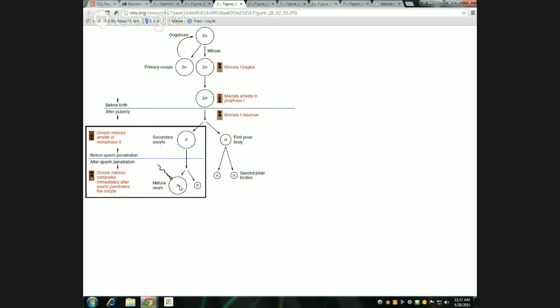I show a picture at the beginning of lab, which I did yesterday or will next week, of an egg cell covered with a bunch of sperm. You can see the difference in size between the two cells. It's much more than is suggested here. The asymmetrical divisions that I'm talking about here is really so that this egg cell is huge and it has a lot of cytoplasm to direct all of the divisions that are going to take place until the zygote, which is what we call the sort of